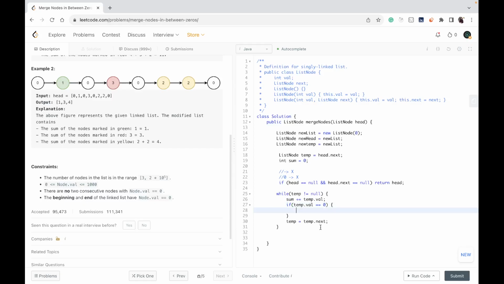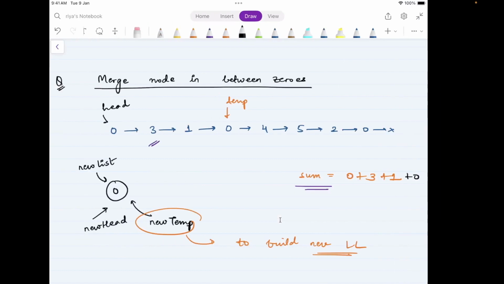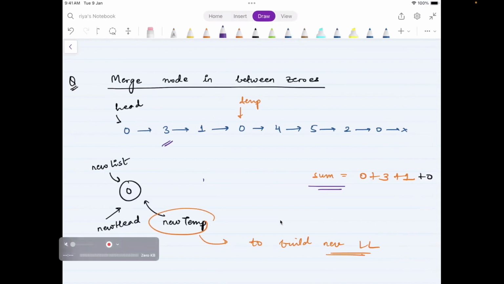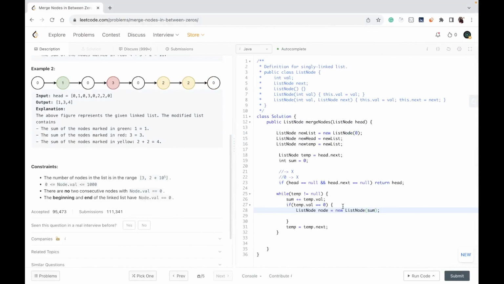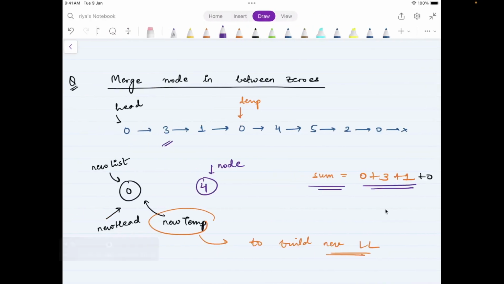First of all, whatever is the sum so far, make a new node of that sum. List node equal to sum. Basically, make a new node with the value equal to this, which is 4. Next step is do this. New temp dot next is equal to node.